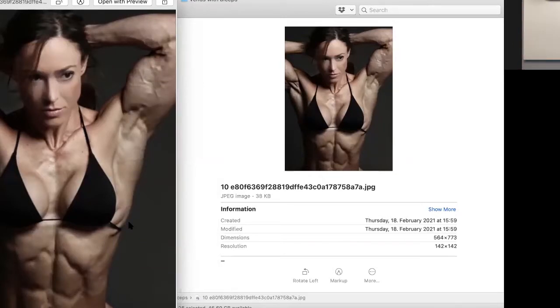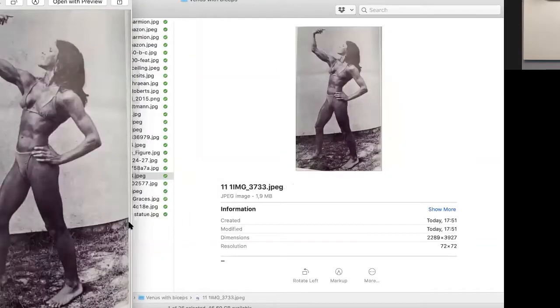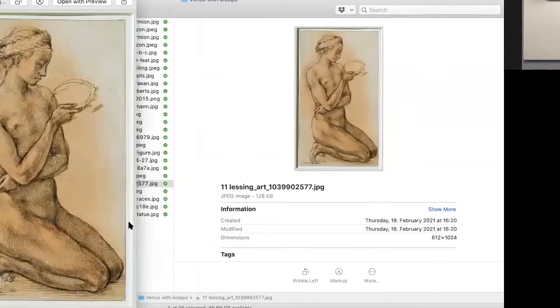So this was my point. I really care about this point. And then we have more bodybuilders from the 80s. This is a Michelangelo study of a woman, and you can see how,